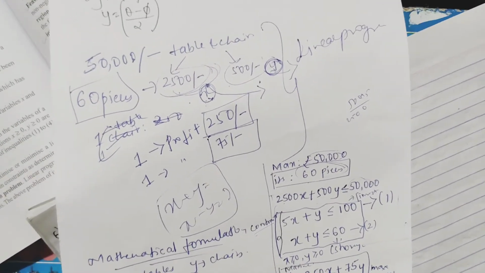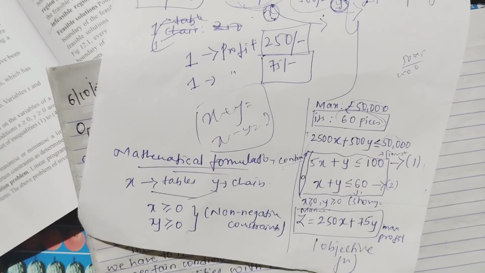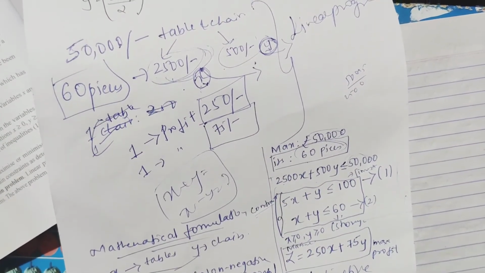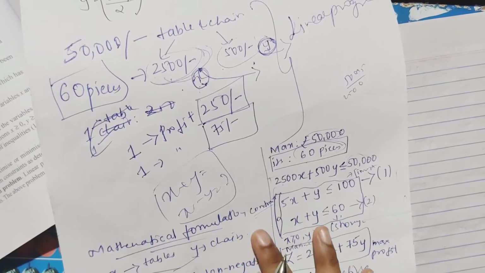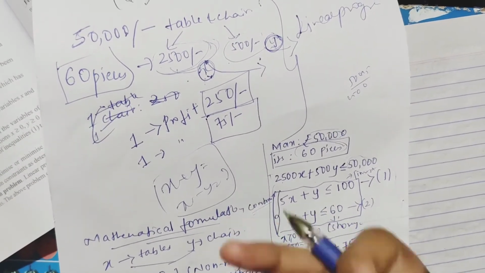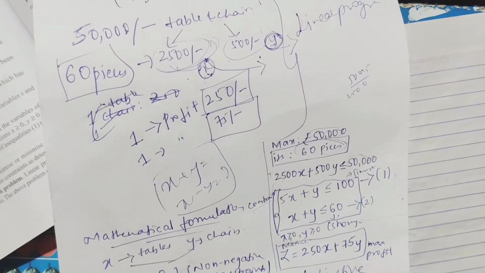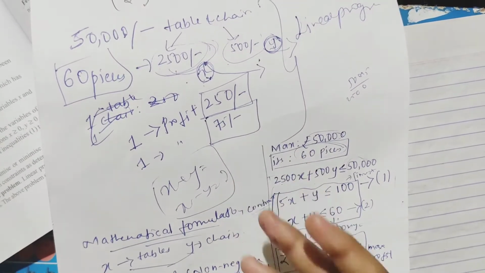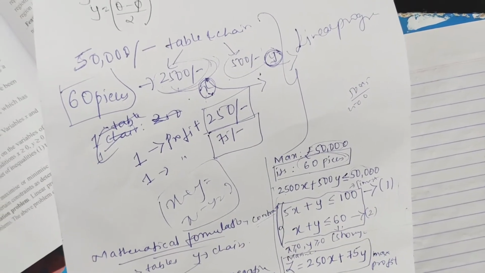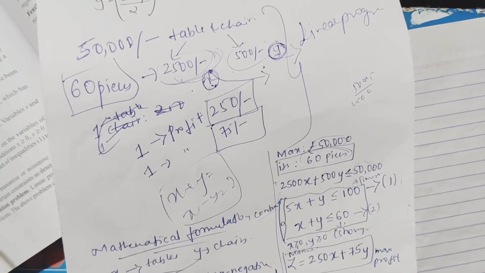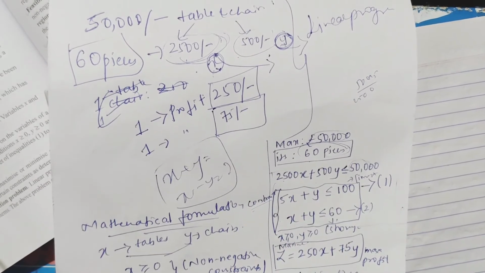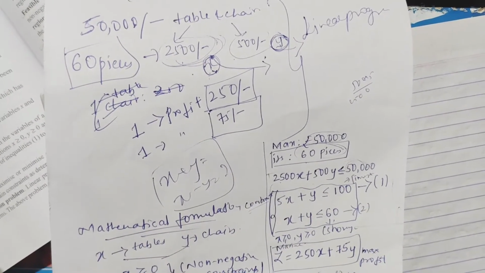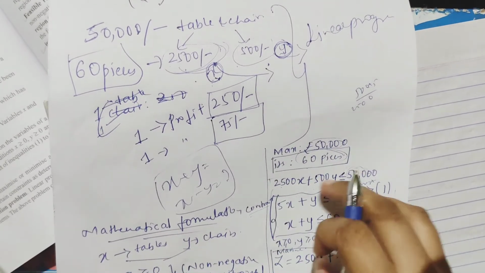So like this they'll give, and we just have to calculate how to do it. Now these conditions they have given, and his maximize profit. So how he does it depends on him, right? How many tables he will take and at what cost he will sell, how many chairs he'll take, like 10 pieces or 20 pieces, then multiply with each, and then he'll count out how much his profit is. So that is what we are finding out.